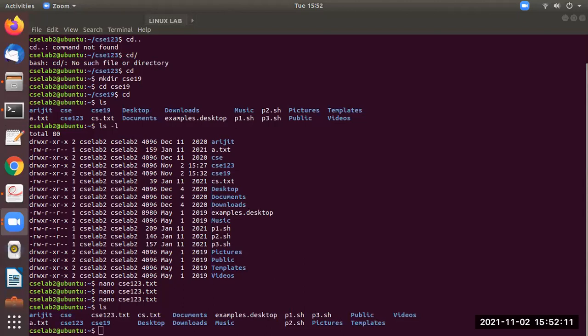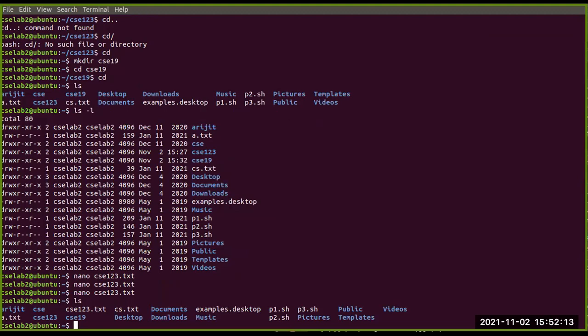Okay, now I think my terminal screen is visible to you. We have a text file where we have written something, and after the ls command we can see that a new file has been introduced, and csc123 is the name of the file. So my file is created successfully and we can visualize it. Is my screen visible to all?